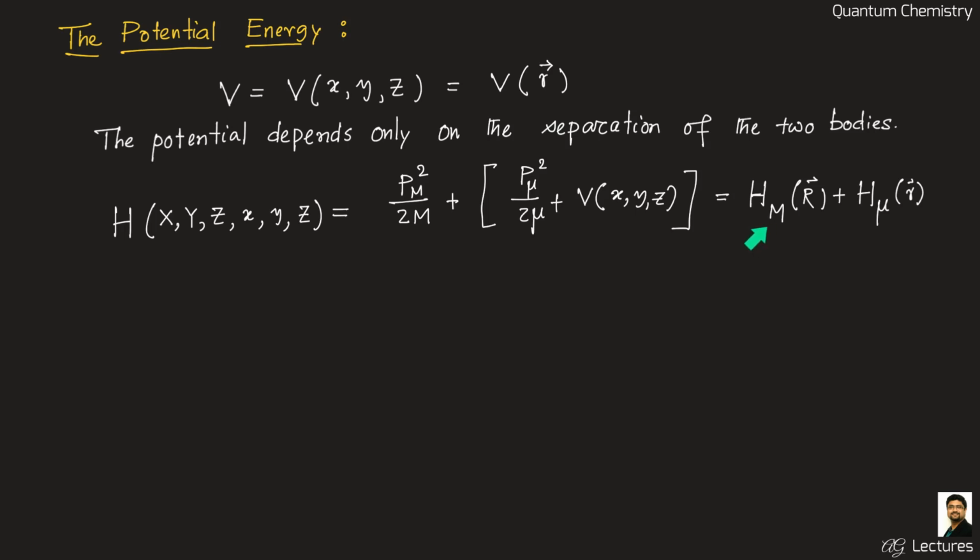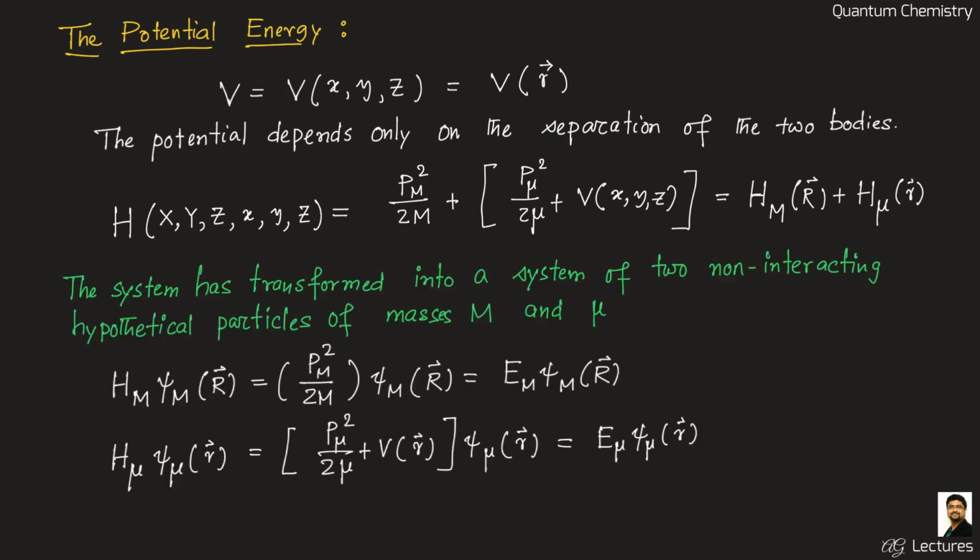One part we have written as H capital M, that depends only on the capital R, that is the coordinates of the center of mass, whereas there is another part. This part depends only on small r, that is the separation coordinates or the internal coordinates. As there are no terms in the Hamiltonian which involve both capital R and small r, this system